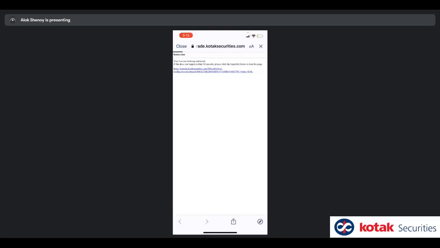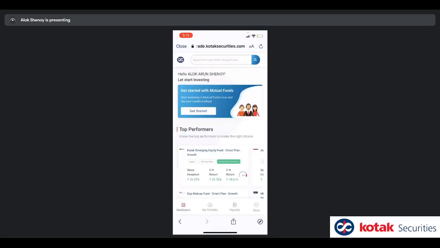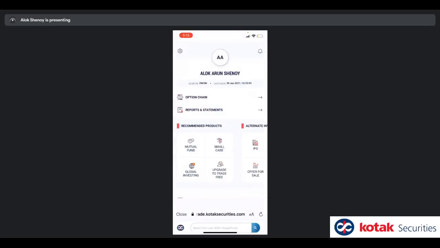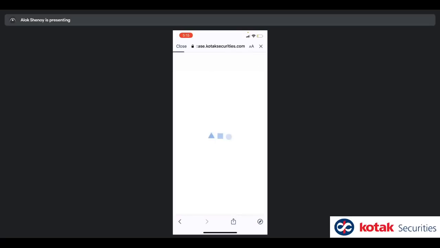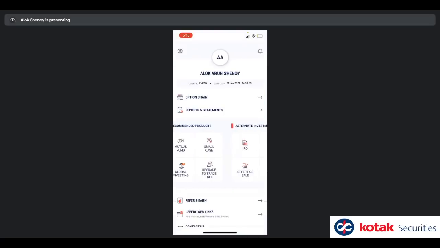This opens the direct mutual fund platform that we facilitate at Kotak Securities. This is the new platform which we've launched. You can place your mutual fund trades from here. If you trade in smallcase and you want to use smallcase, click on smallcase, and this is smallcase placed through Kotak Securities. So your purchases will appear in your DP. If you're into global investing or you want the trade free plan, click on either of these two and it will allow you to sign up.